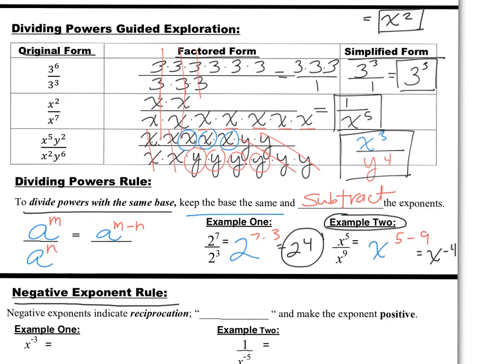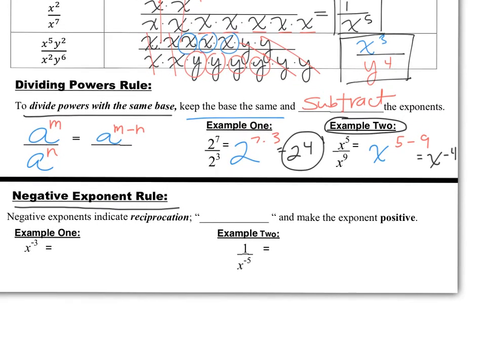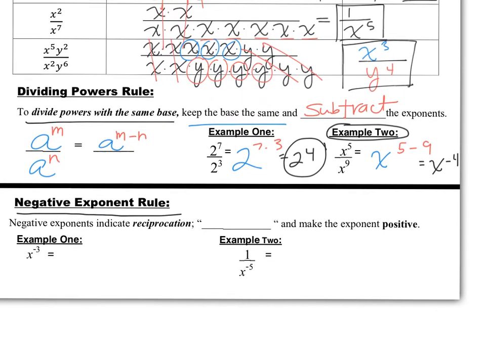So when you have negative exponents, it's important to keep in mind that negative exponents indicate reciprocation, or a simple way to refer to that is that you flip and make the exponent positive. So in our first example, x to the negative 3rd power is the same as x to the negative 3rd power over 1. So if I flip and make the exponent positive,